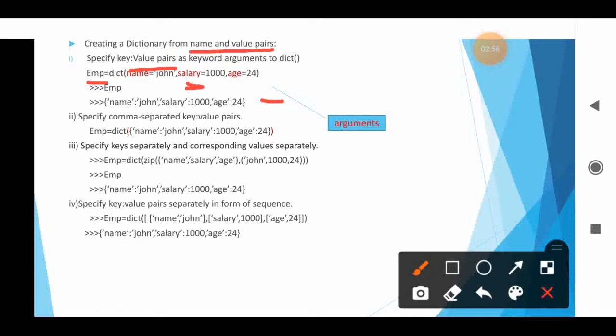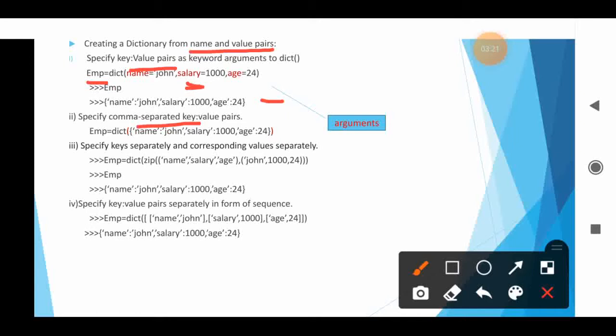This is the first method: we can specify key value pairs as keyword arguments to the dict function. When you are using the key as an argument, you don't need to enclose the key in single quotes.